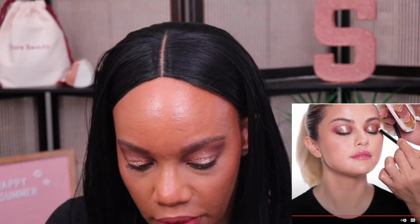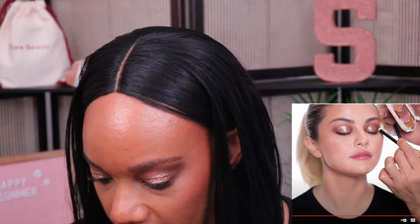Okay, so he's just blending out the edges where the glitter and the matte shade meet. So I feel like I need to protect my face again when I do this. I'm actually going to pick up some more of that mauve shade on my brush and then blend out. I just moved the glitter around. I didn't really blend anything out, but